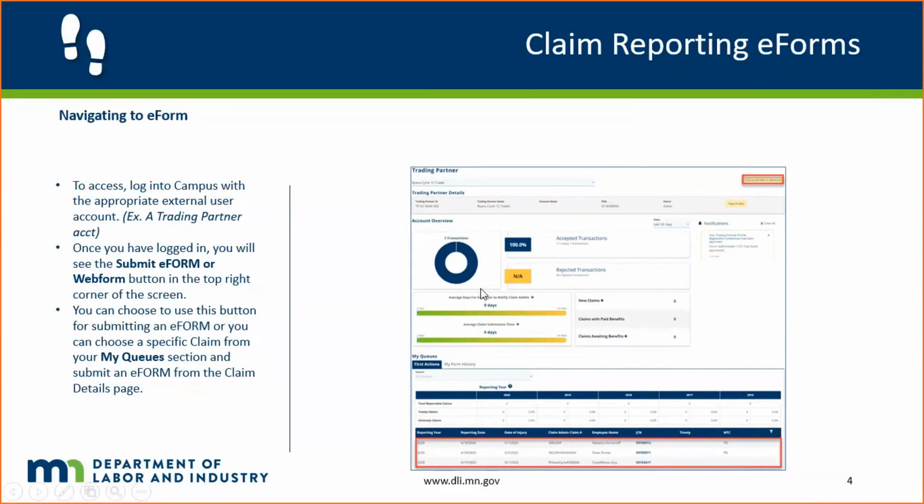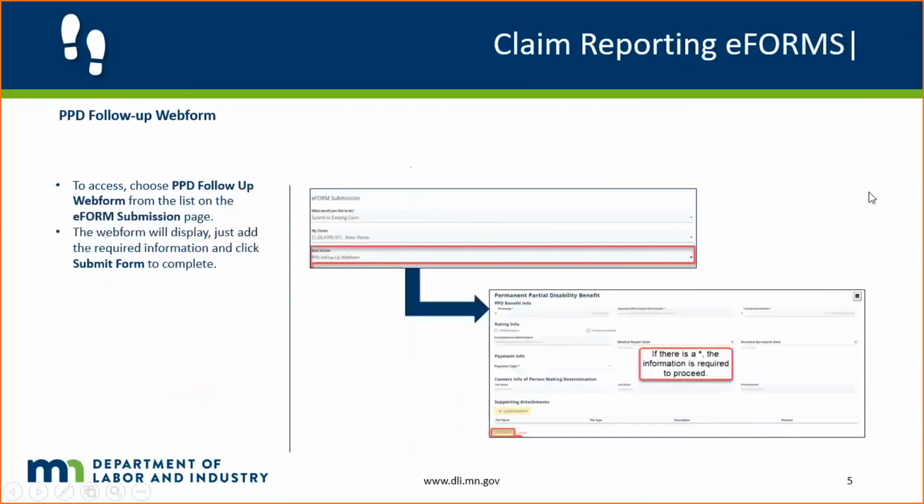You can choose the type of submission that you are looking to submit, either a FROI, amended FROI, or one of the subsequent reportings. You can either do that from this homepage, or there are some additional navigation paths that allow you to submit that as well that we'll discuss. But when you log in, you can see that button up there that will allow you to access that directly from your homepage. When you do access that, you'll be prompted to